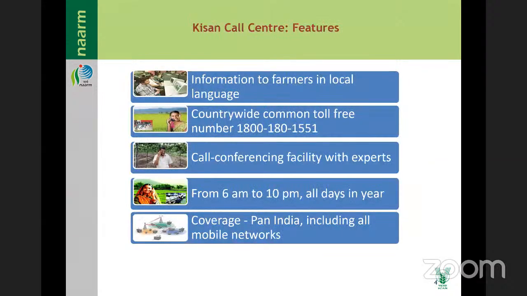The information is in the local language, because here they can talk directly in the local language. It is connecting the agriculture universities and the local ICAR institutes. For example, in Maharashtra, Pune has the NRC for onion and garlic, and NRC grapes is there. Solapur has another institute, the NRC pomegranate. So those farmers doing pomegranate cultivation can contact the NRC pomegranate directly; they also have a Kisan call center.